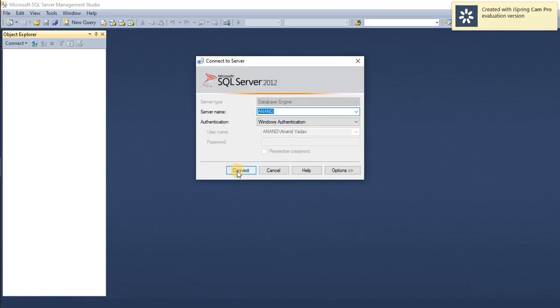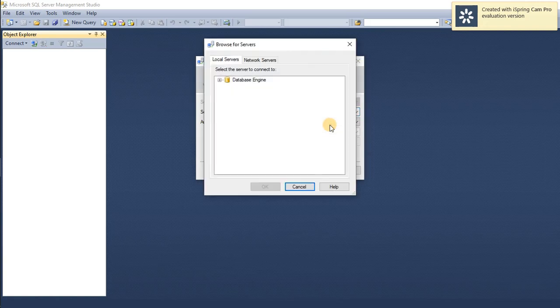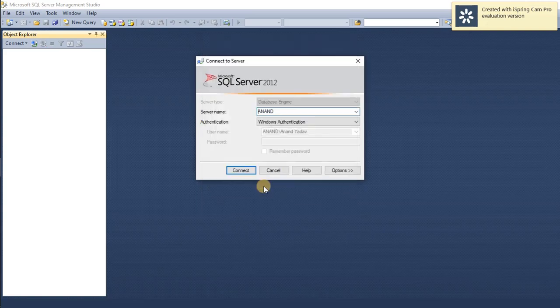If you are doing this for the very first time, the server name option is not available to you. What you need to do is browse, expand the database engine, and choose the required server name. For me it's Anand, but for you it will be your local machine name.